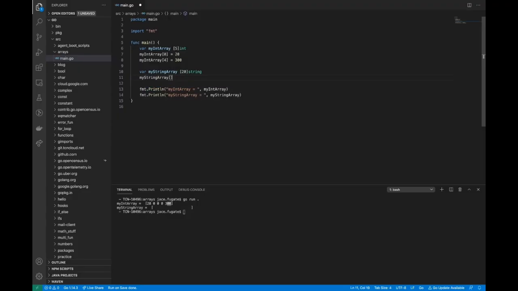So when you index into an array, you use a similar syntax that you use to create it. We used those square brackets and then a number inside of it. You do the same thing when you want to index into